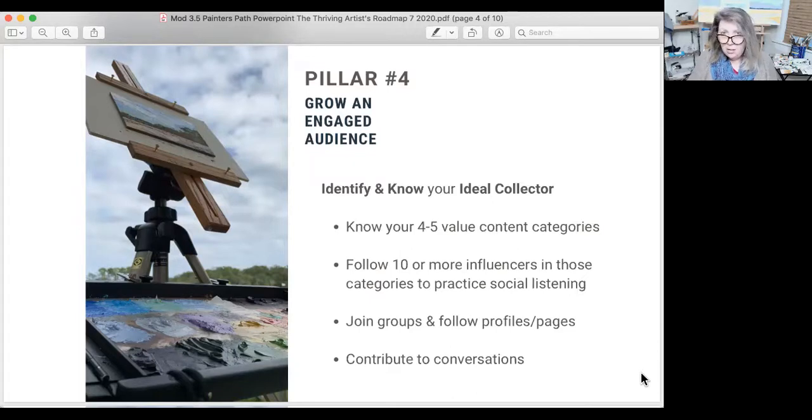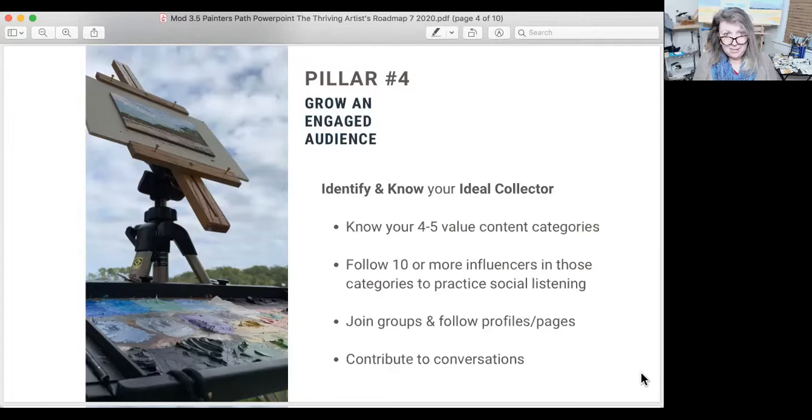You don't need a whole lot. It's better to not have a whole lot, just 4 to 5. It's not a mysterious process to develop those. And I'm going to walk you through it. So don't worry about that part of it yet. There are simple exercises that can get you to that spot. But that's how we find and know our ideal collector. We have shared values. We have things that we're all passionate about. And your ideal collector will have 3 to 4 out of those 4 to 5 normally that'll make them